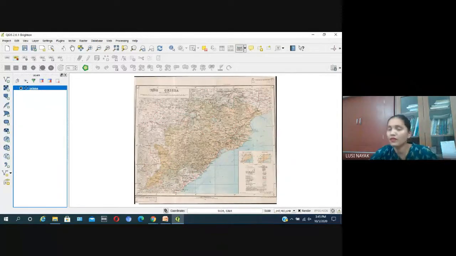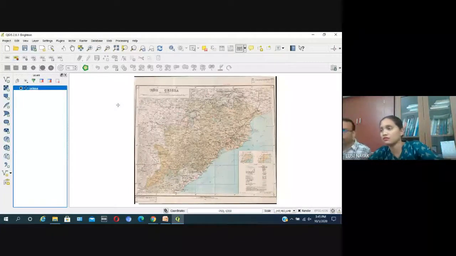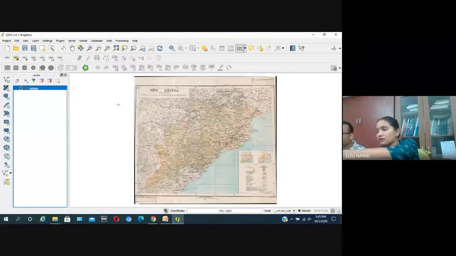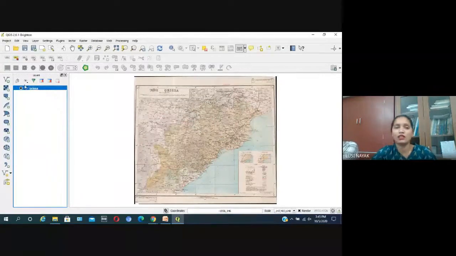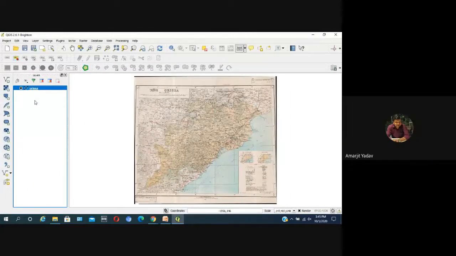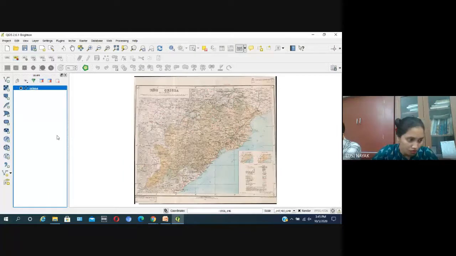How to show this bar on my screen? Well, somebody is having some problem as the layer bar is not visible.